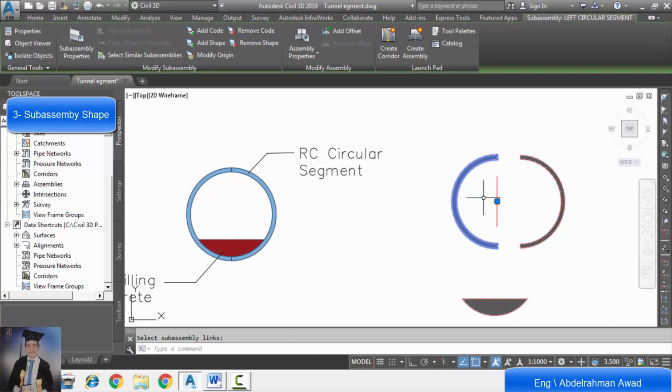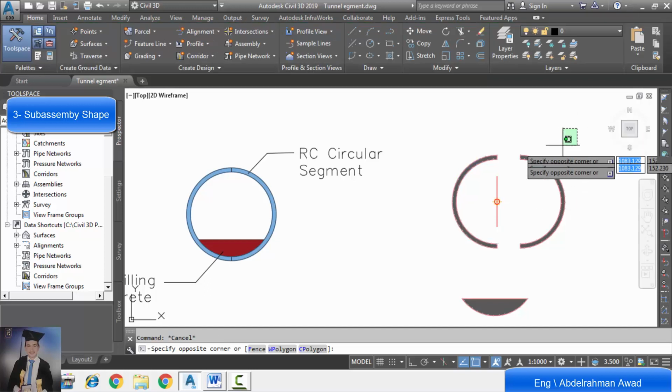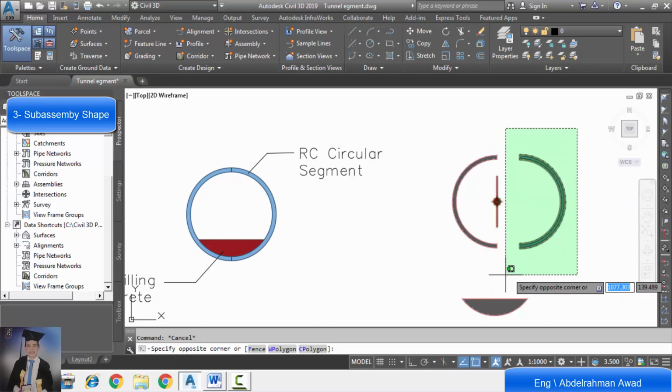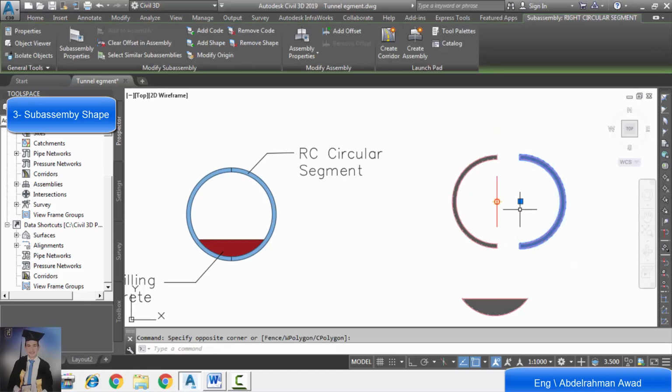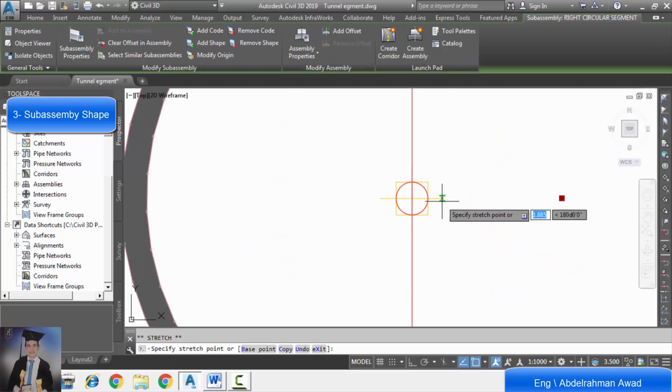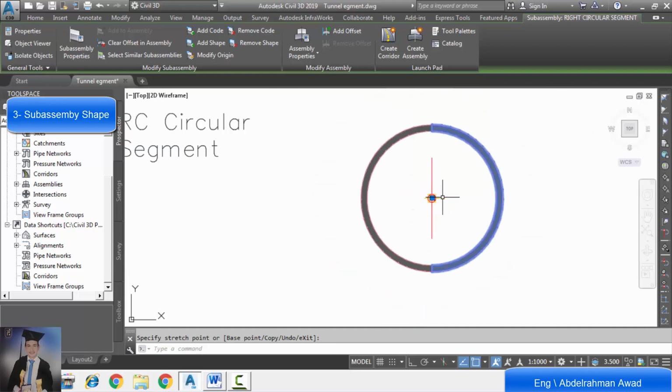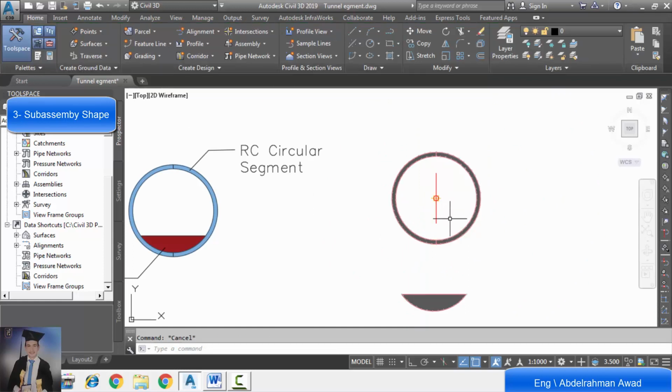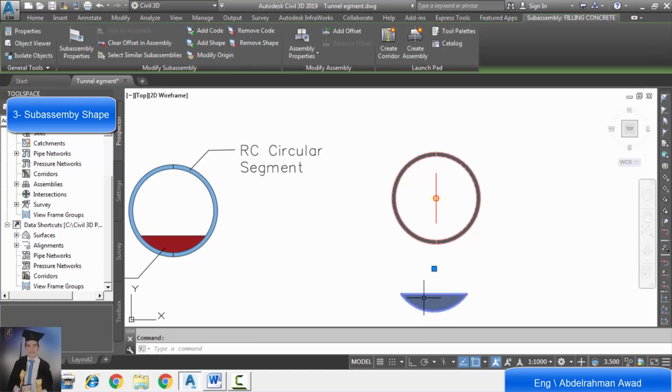We will return each sub-assembly to its current position. We should make sure that each sub-assembly is returned accurately to its position. We return two circular halves to its current position.